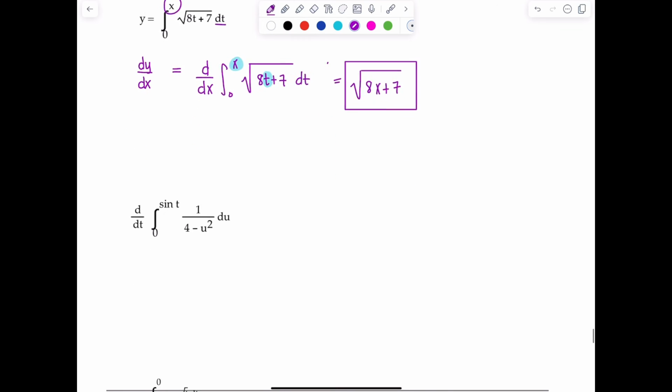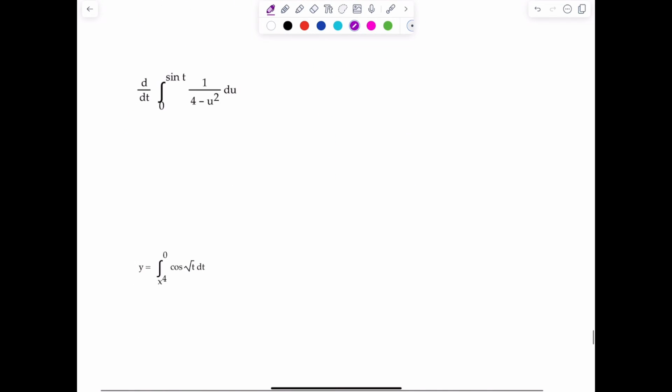Let's try another. Take the derivative with respect to t, okay, of the integral from 0 to sine t. So far things are good. This is not plain old t, but it is a function of t, and that's what I'm differentiating with respect to. So everything looks good. And then see how we have different variables here in the integrand. u squared, 1 over 4 minus u squared du. So all I'm going to do is just plug in sine of t for u, so 4 minus sine squared